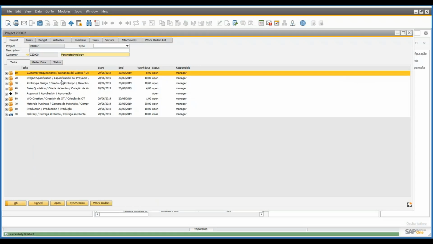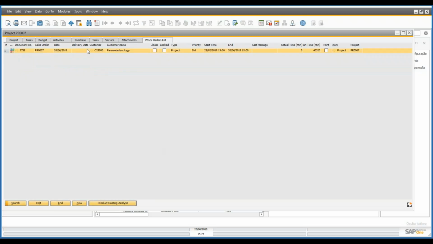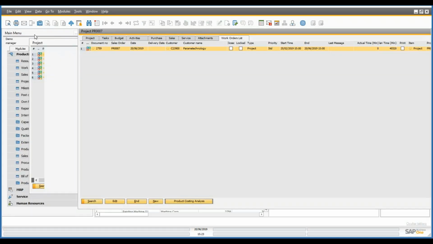Okay, here it is. So this is the project that has been created according to what we defined in the project template. And besides creating a project, if we come here under the work orders list, we can see that we have a work order for this project. Going inside the work order,